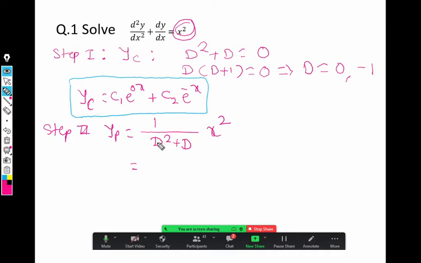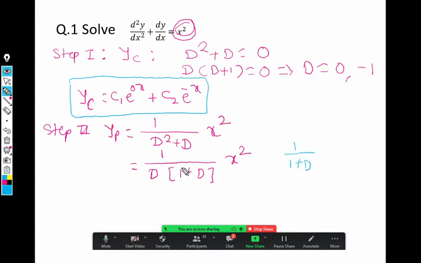That order is 2 in terms of a differential equation. But if it is just like an algebraic expression, say y square plus y, then the lowest degree term is this one. So the lowest degree term we have to take as common. In this case, obviously D should be common. If you take D as common, can we write it as 1 plus D? Is it okay? Yes, sir.